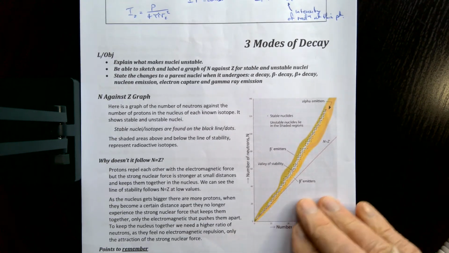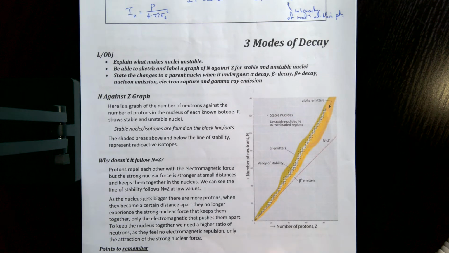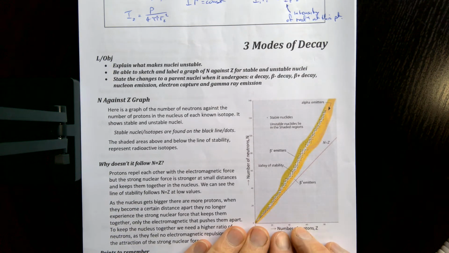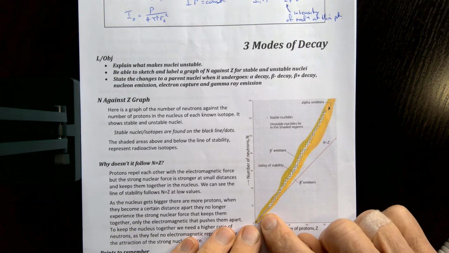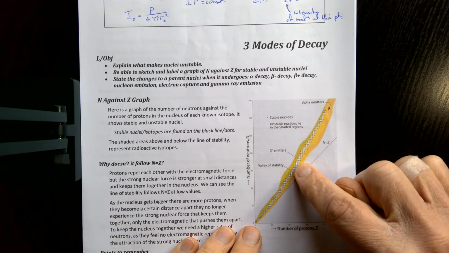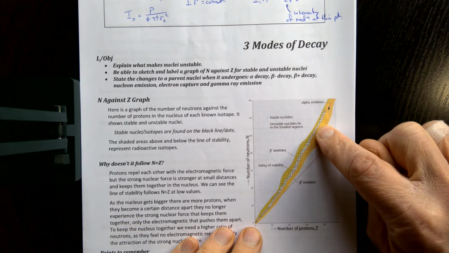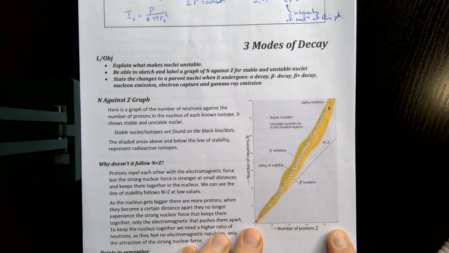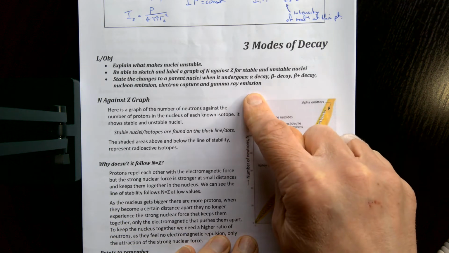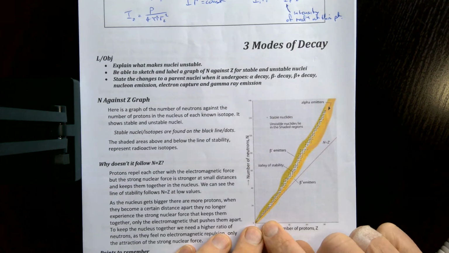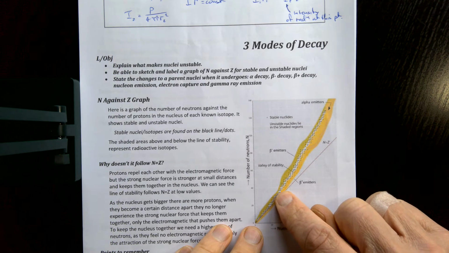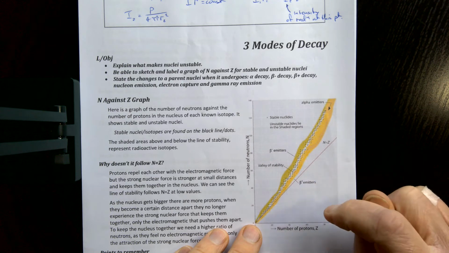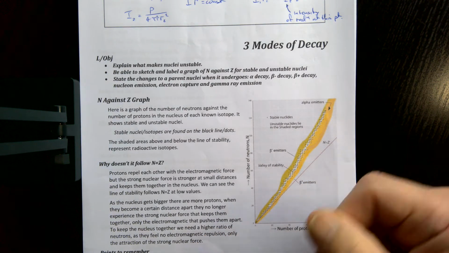And what we have here, very famous, and I'll break this down a bit more as we go into chapter 22, is something called the valley of stability. So some elements are more stable. These black dots on the graph, which is basically number of protons against number of neutrons, show that some isotopes of elements are more stable than others. So for example, there's a group here,